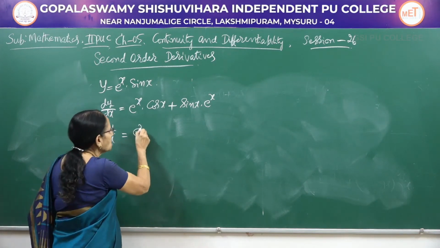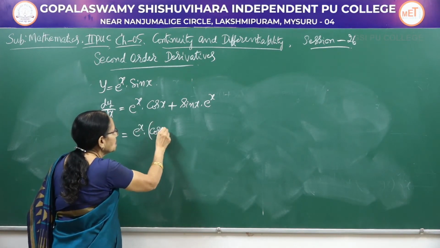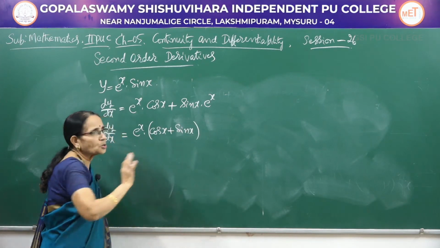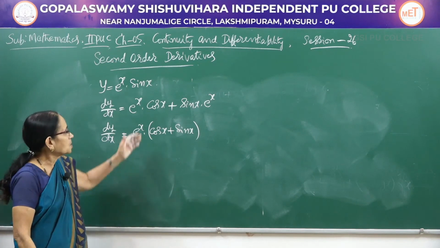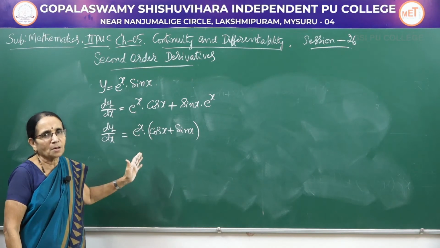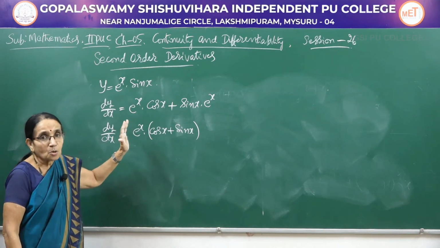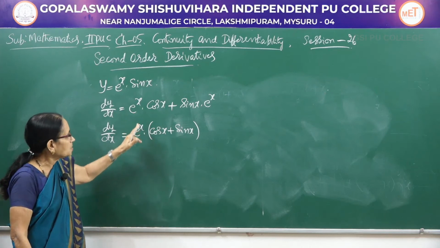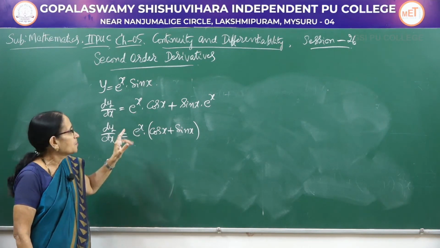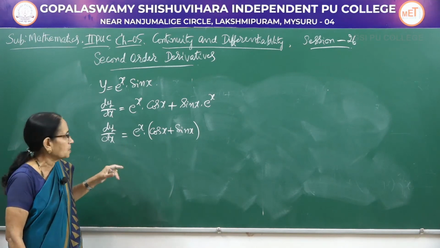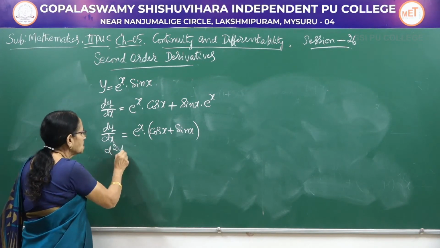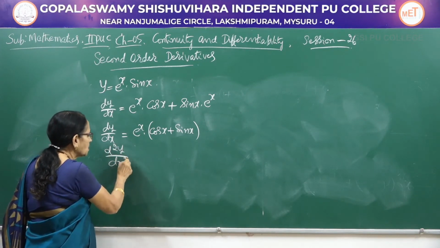Instead, if you take out the common factor, then it becomes cos x plus sin x. Now, only once you have to apply the product rule here. You can keep them separately, apply the product rule separately, then also you get the same answer. You have to be careful to apply the product rule properly. I have taken the common factor because always in the case of the exponential function, we get a common factor of the original function. Now differentiate again with respect to x, that is d square y by dx square equal